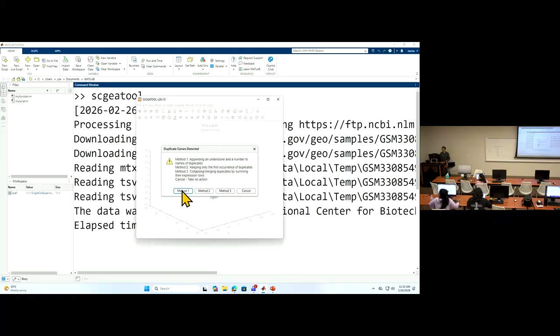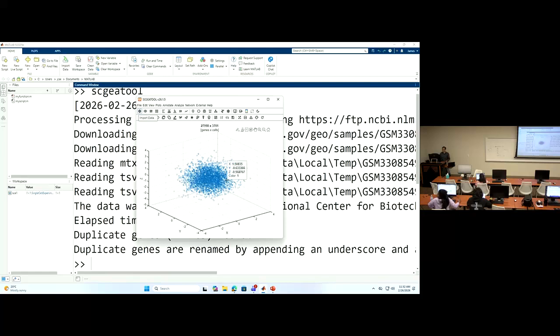You have the same problem with multiple genes sharing the same name. Anyway, this is the downloaded data, and we can process it using